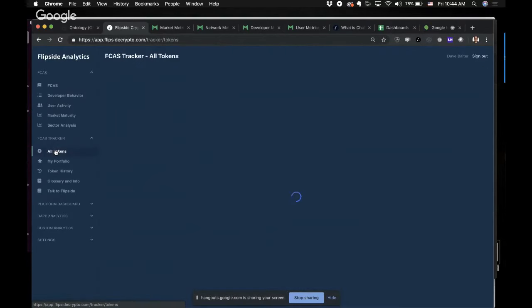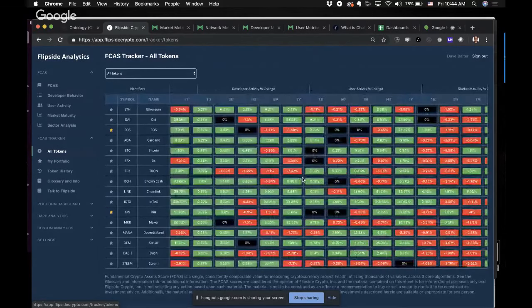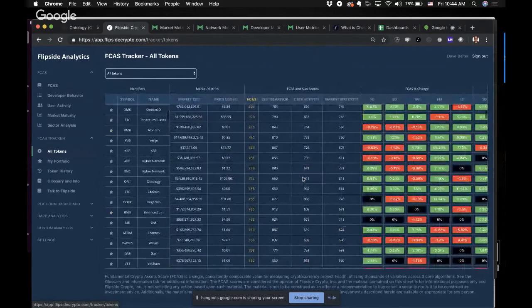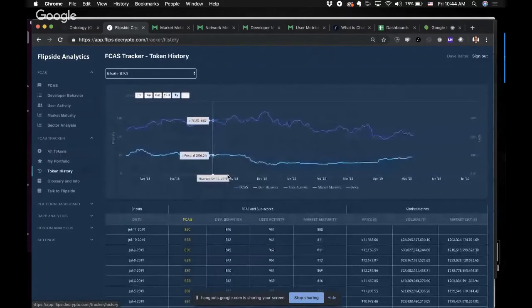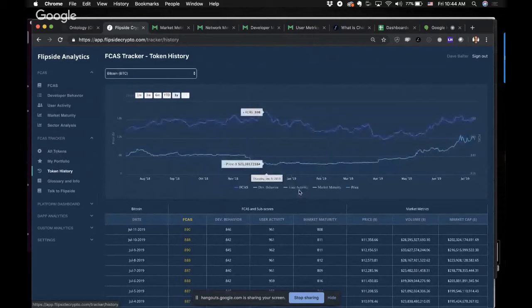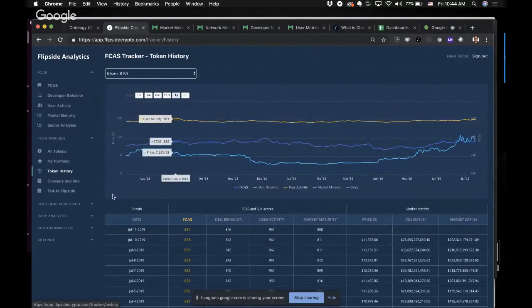Okay? If you're an investor, really quickly, you can get access to it by signing up to FCAS Tracker. This gives you access to all of our ratings with changes over time. So you can actually see all the changes over time. We rate all 520 assets that are in here. You can even do some fun historical evaluation and understanding specific areas and components. So please check that out.